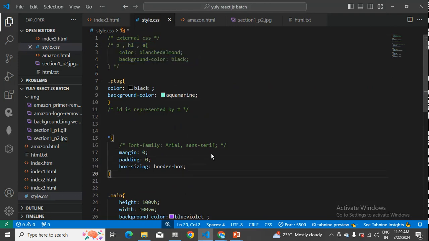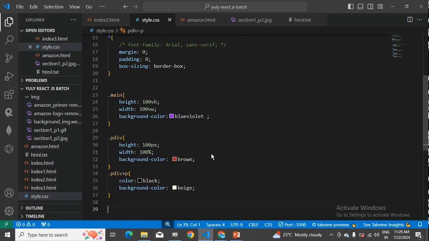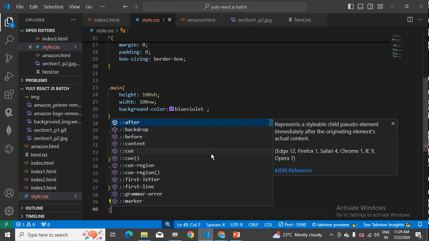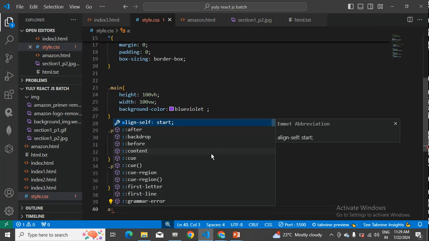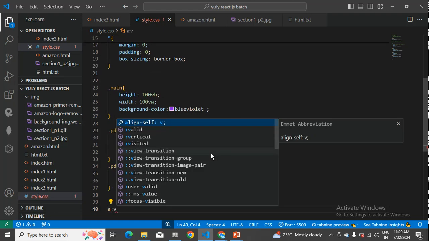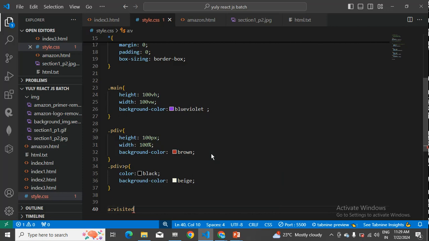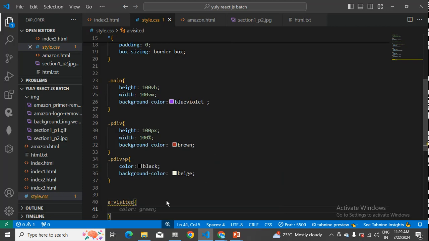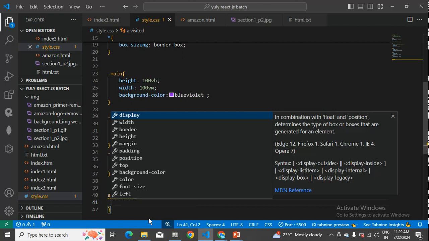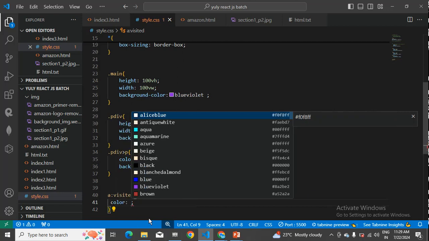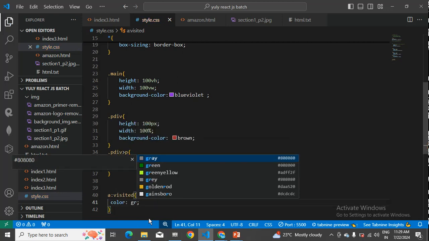So I'll apply for that. If I give a of visited, the color will be gray,